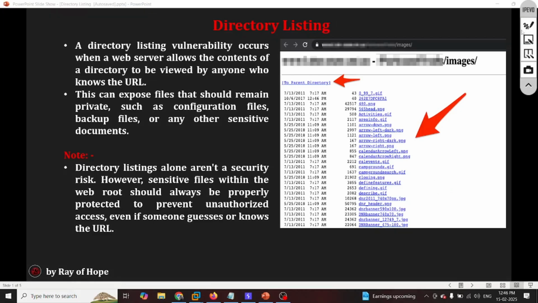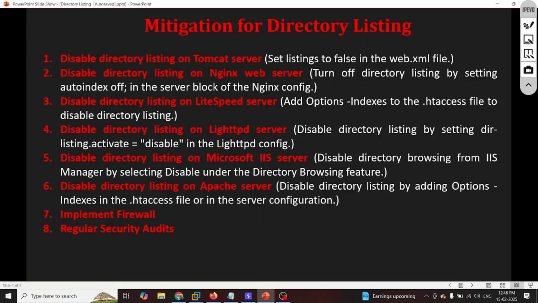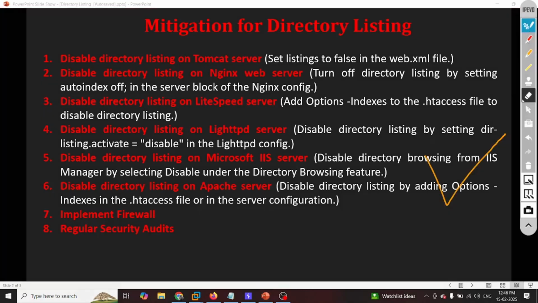Okay. So now we got to know what is directory listing. The second part is how to mitigate it. Basically, the exploitation part we will be covering after this video. So, mitigation. This is really important, guys, because people make mistakes as a pen tester. You have found a vulnerability called directory listing, so how are you going to tell the mitigation to your client?